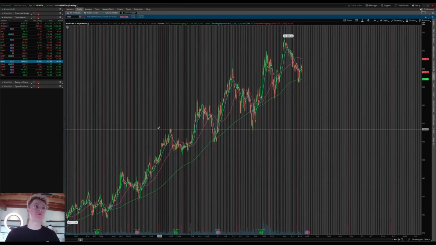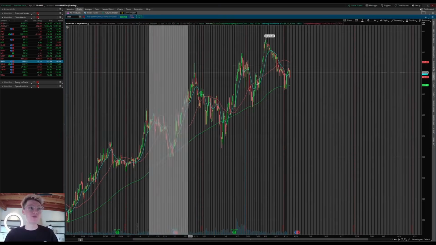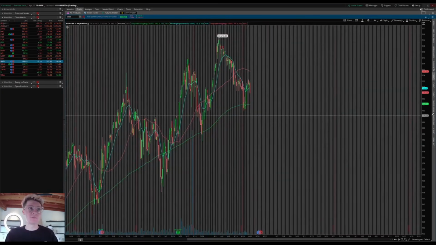Now, breaking this down even further, I am not using a moving average as an indicator or a line to tell me whether price is bullish or bearish, or even what direction we should be playing price movement. Okay, this is kind of a hard concept to grasp, but you want to think in the perspective of every other trader out there, because like I said, everyone has access to these same moving averages you do. So try to think, well, what is the most common strategy that people are going to be using? Well, they're going to be looking for